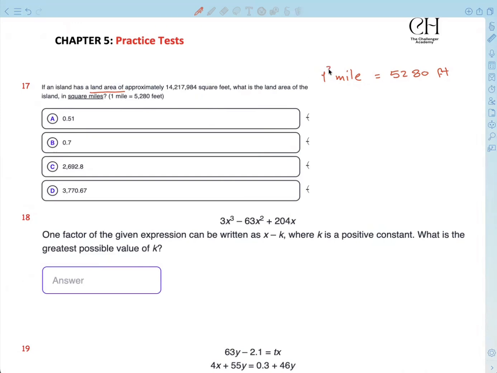Area means you will change this conversion. All the terms are squared. Now we have 1 mile squared equals 5,280 squared feet squared. This is the unit. Now we will write this number under feet squared. So write it here. Then you'll use cross multiplication to find the final answer. 14,217,984 feet squared, and this is x. It means you multiply 1 times all of this number divided by